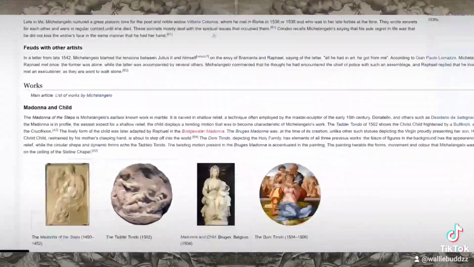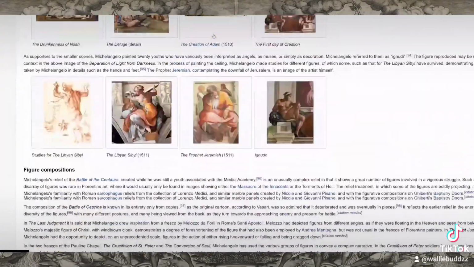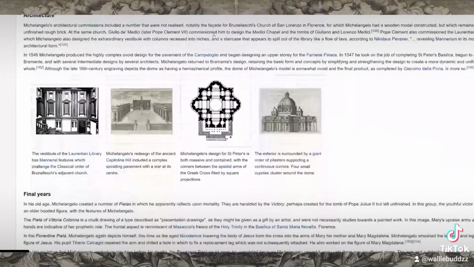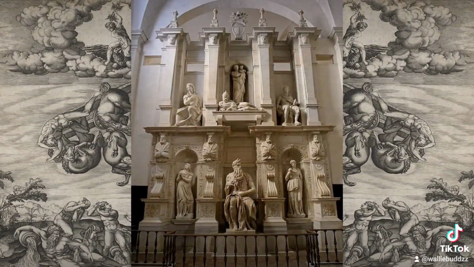But let's just look at some sculptures that seem pretty impossible to create. I mean, there really isn't an artist today that could create something like this with the same material without using modern tools like saws and polishers. So I mean,